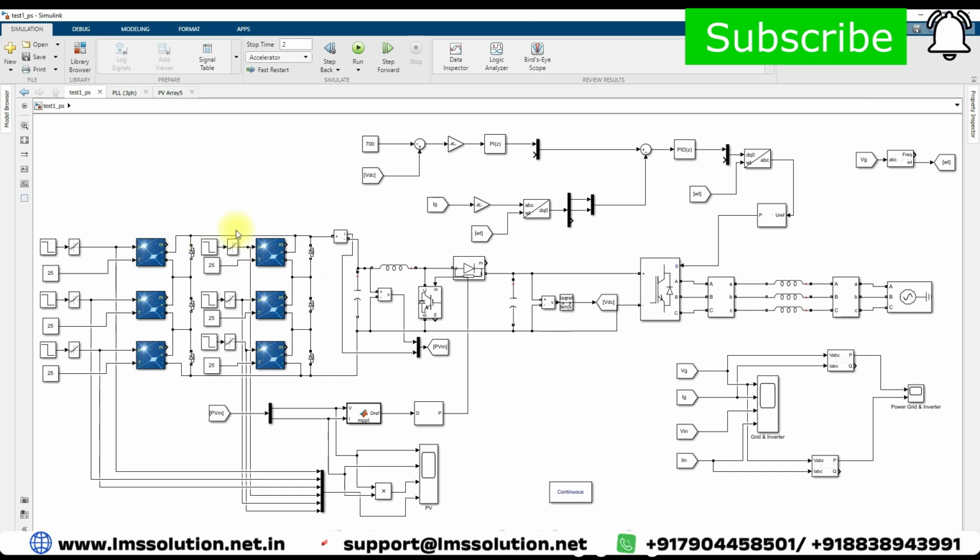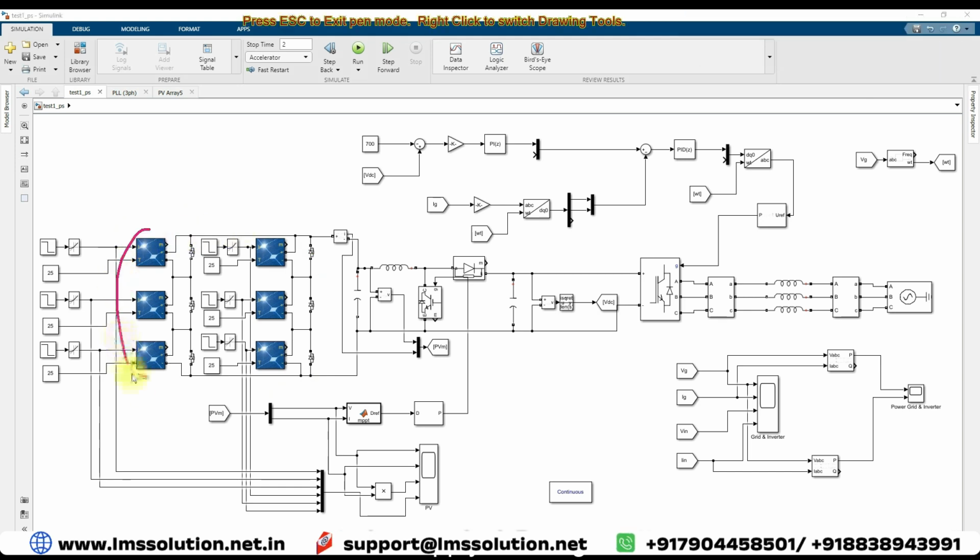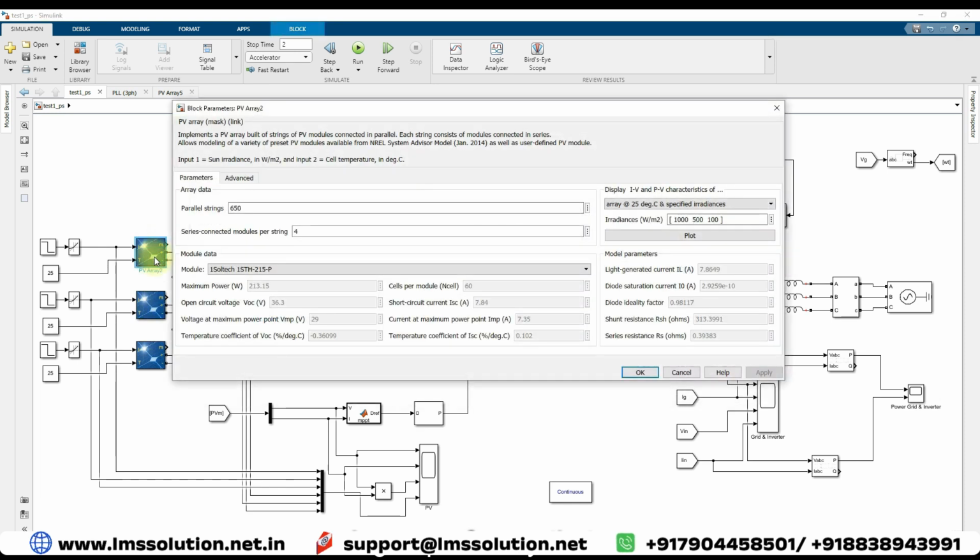That means each string is going to supply 1.5 megawatt. Both are connected in parallel, so in total we are getting 3 megawatt. Each string has three groups of array. That means the first group has